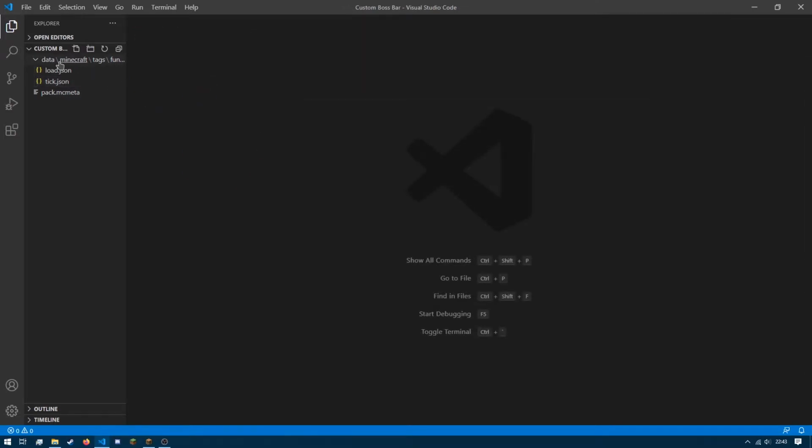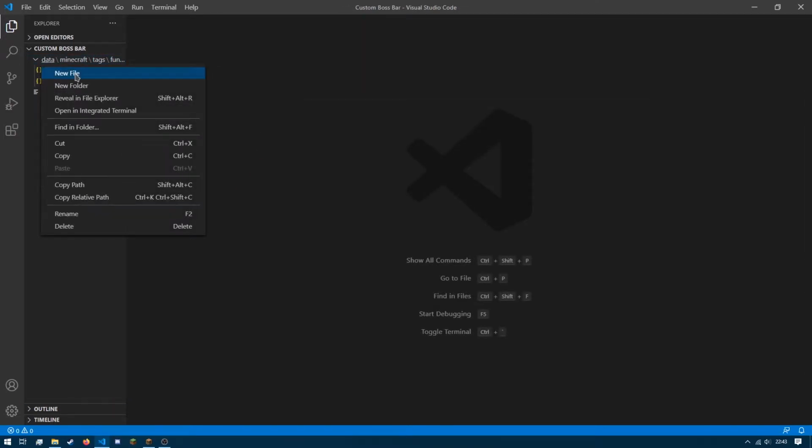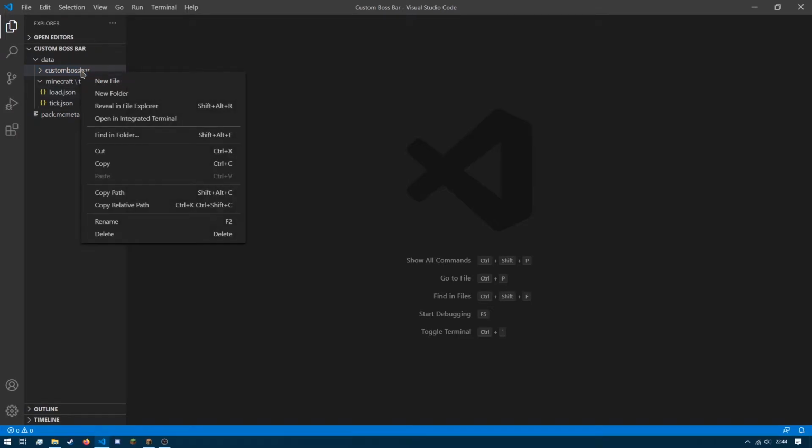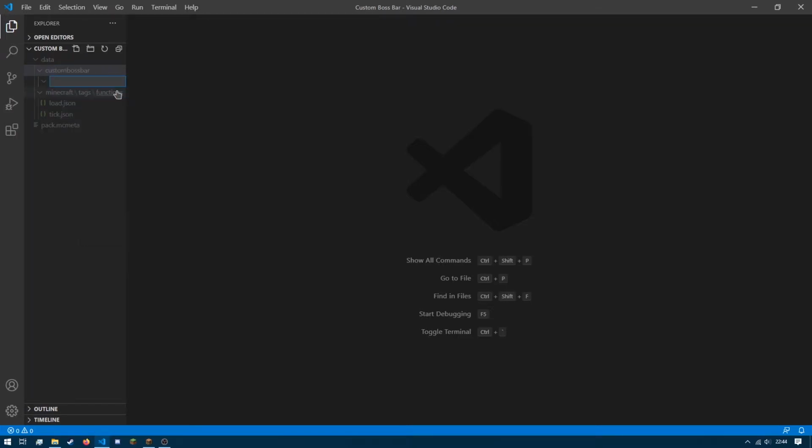Now, using that namespace, we're going to go back to data and create a new folder, and like I said, I'm going to be using custom boss bar as my namespace. And inside of custom boss bar, we're going to make our final folder, and it's just going to be called functions. The first function we're going to make is going to be called